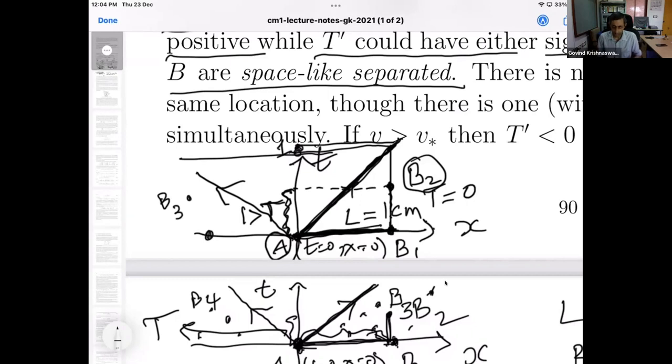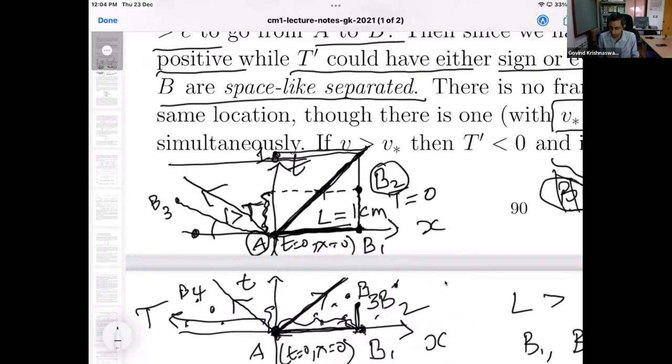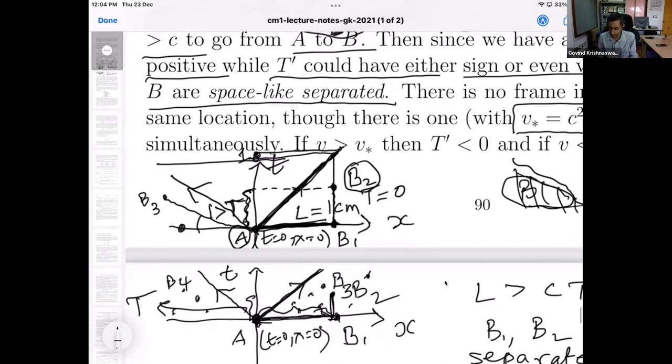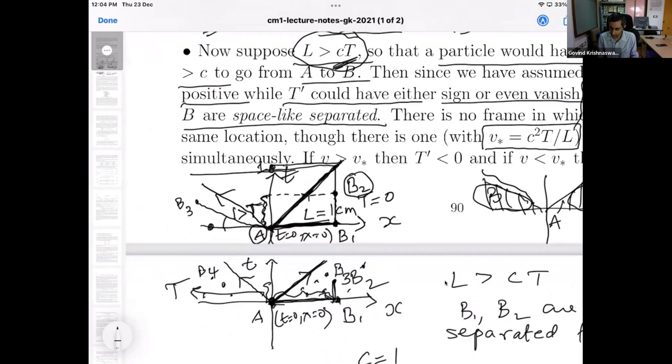I mean, the picture is very simple. Any point that is reached from the origin along a line that is at an acute angle to the horizontal, any such point will be space-like separated from A. And therefore, putting all of those points together in a shaded region, we get this pair of wedges of space-like separated